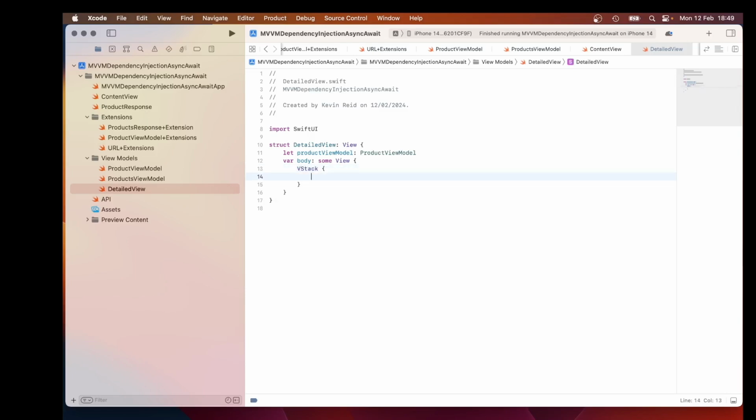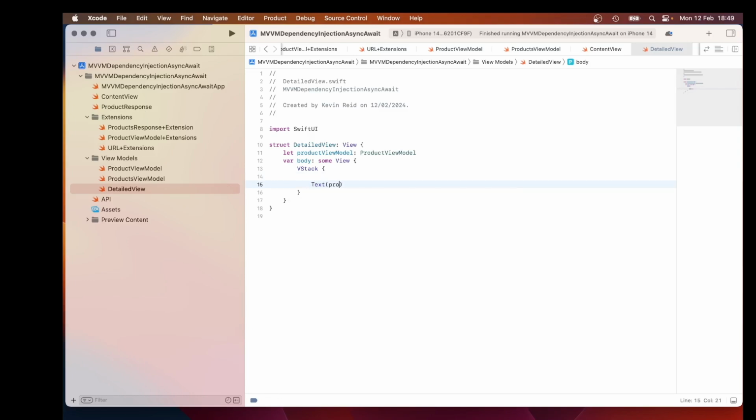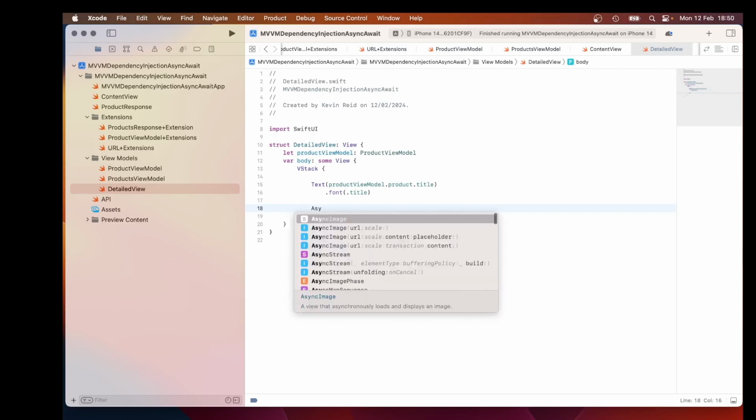VStack, Text, product view model dot product dot title. This is where we display the detailed information of the product. Dot font dot title. Now we display the image, AsyncImage, URL string,